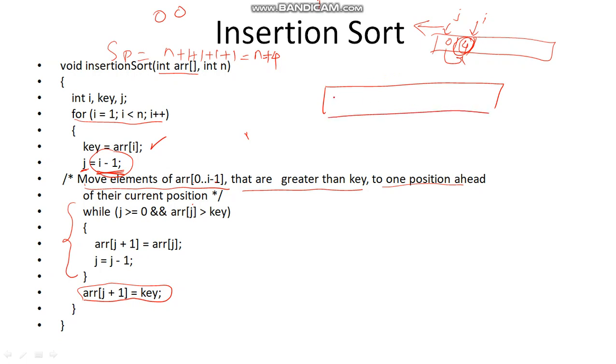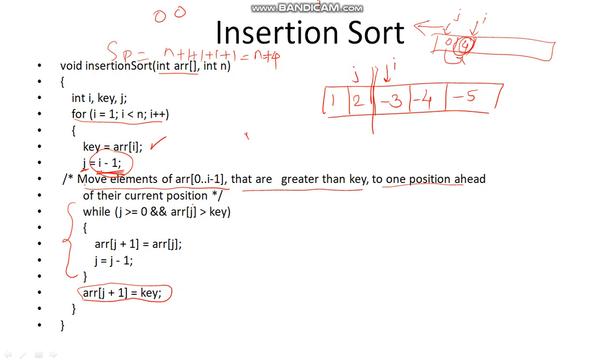So let us say out of that, the first and second elements have already been placed, and the third element is -3 and the fourth element is -4, and the fifth element is -5. So the first two elements have already been placed. Okay, so currently we are at this position. This is i, and j is equal to i minus 1.